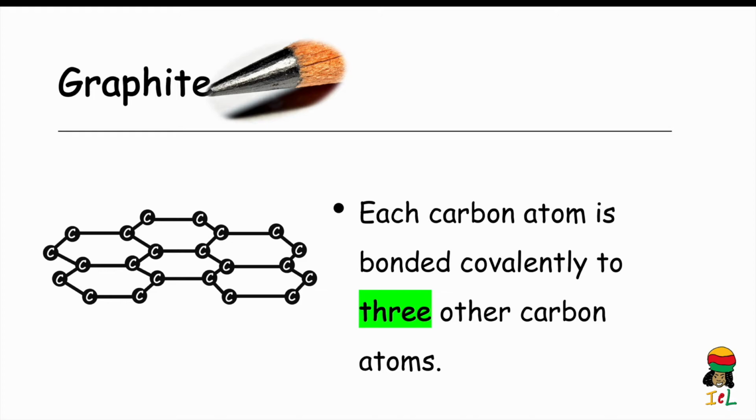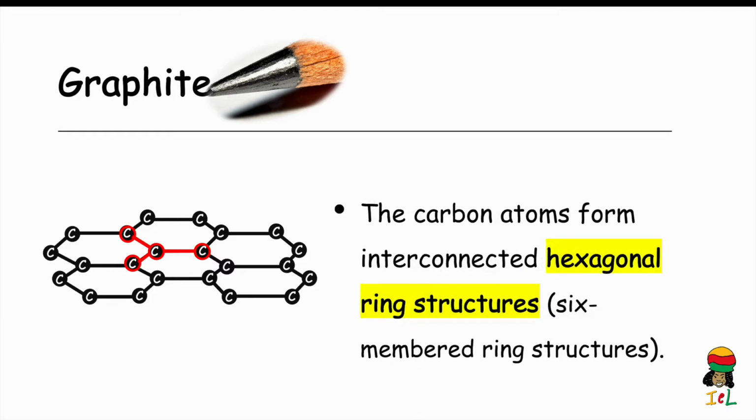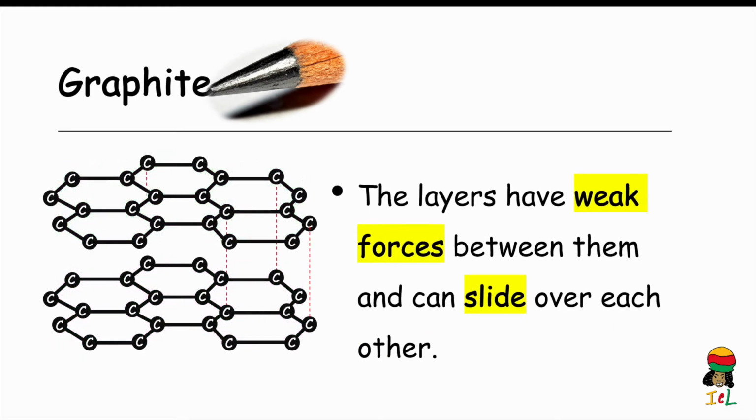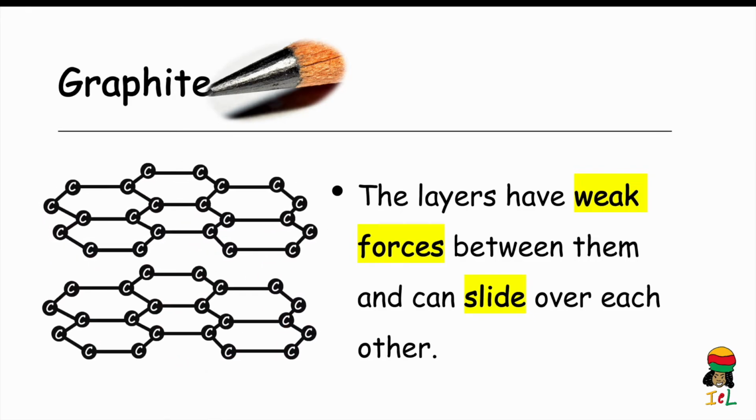Within the graphite structure, each carbon atom is joined to 3 other carbon atoms by single covalent bonds, as highlighted in red. This forms a layer of interconnected hexagonal ring layers, that is, 6-membered ring layers. This illustration only shows a few interconnected hexagonal rings. Graphite consists of many millions of these interconnected hexagonal ring layers or sheets. For simplicity, only 2 layers of interconnected hexagonal rings are shown to the left of the screen as highlighted in green and red. The layers are held together by weak forces that allow them to slide over each other, making